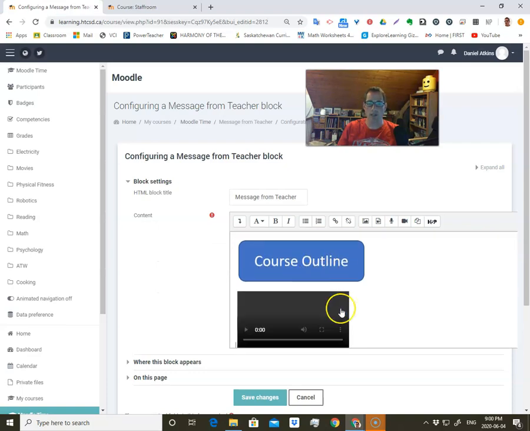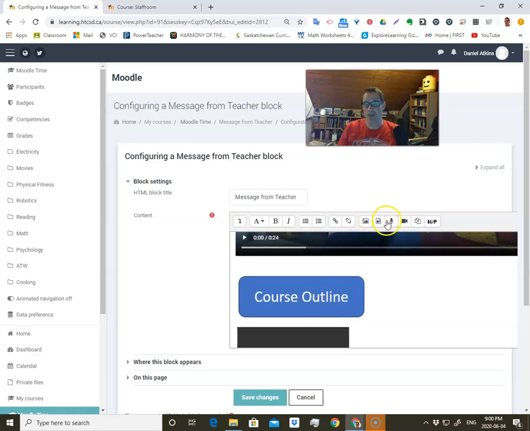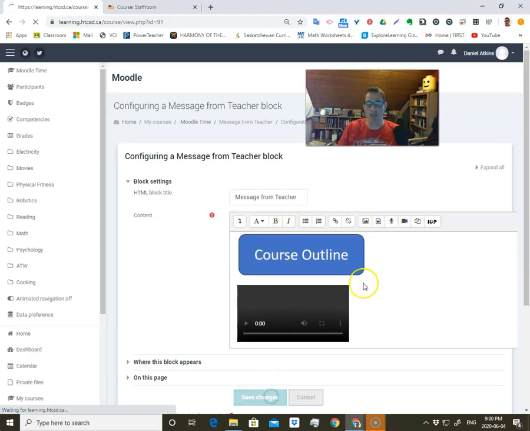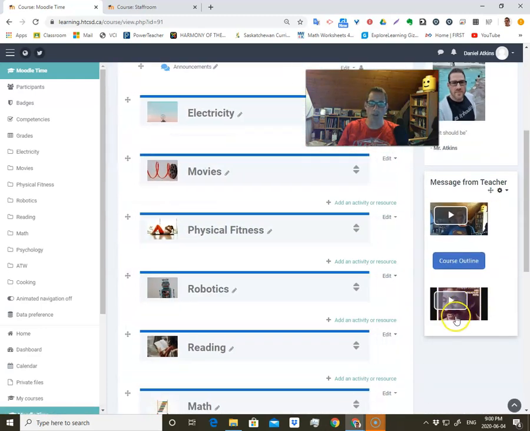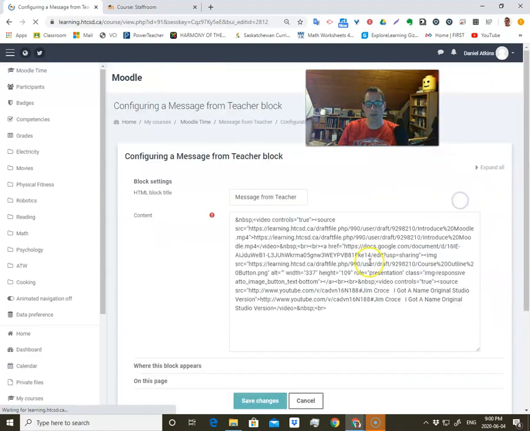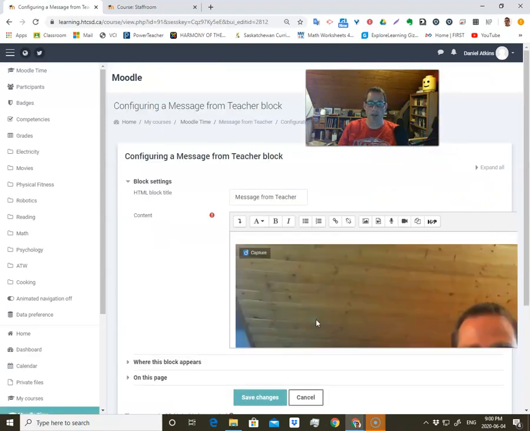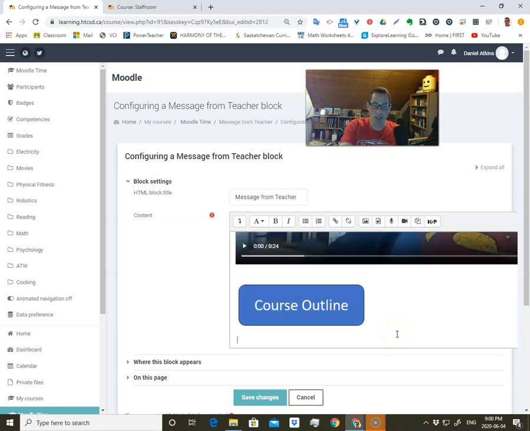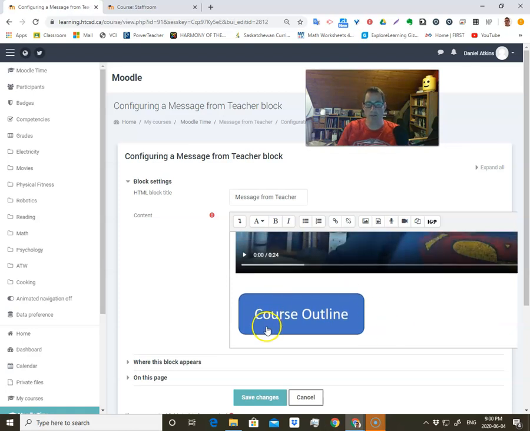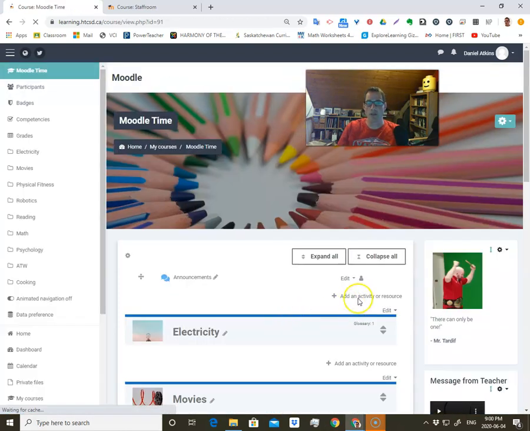Now, why is this a nice thing? The nice thing about this seems to be, anyway, that when I save the changes, it automatically configures the video to the right size. So that's way better than having to fiddle around with the dimensions and trying to make it right. I don't know if that's always going to work so nicely, but anyway, that's how I'm gonna upload YouTube videos in the future. So I'm just going to delete that because I actually don't need that song right there, but just so you know. Okay, so let's